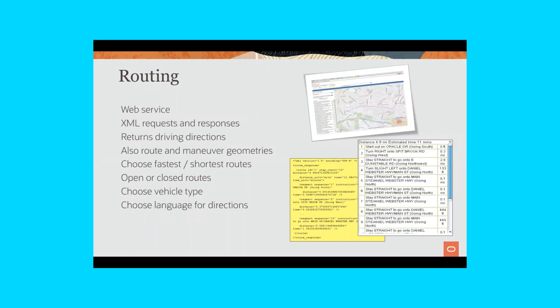So the network data model is a very general purpose toolbox that can be used for building different types of network applications. And we also have this specialized component called a routing application. This routing application is exactly like the Google Maps routing that you see. It basically has a bunch of XML APIs that lets you just ask for directions and ask for the shortest path from point A to point B and things like that.